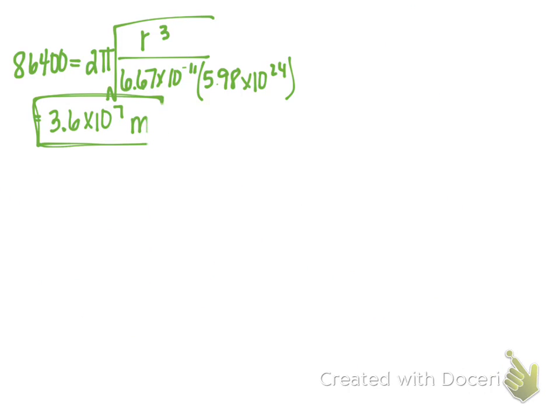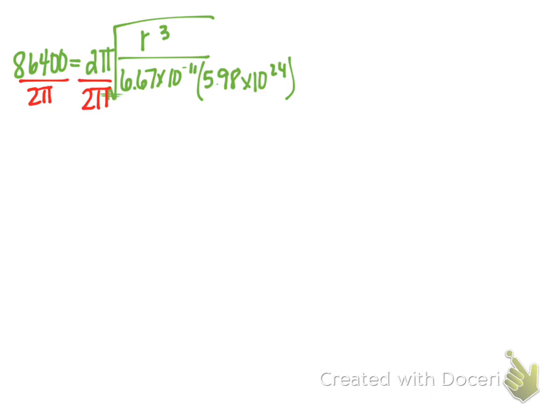All right, so let's go ahead and start with our problem here. Since our variable that we're solving for is under a radical, I'm going to start by moving 2 pi to the other side. So I'm going to divide by 2 pi, divide by 2 pi. Okay, so 86,400 divided by 2, divided by pi. In your calculator, you either have to hit divide by 2, divide by pi, or divided by parentheses 2 pi. Okay, that should give you a value of